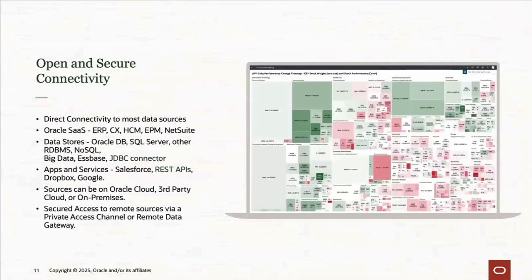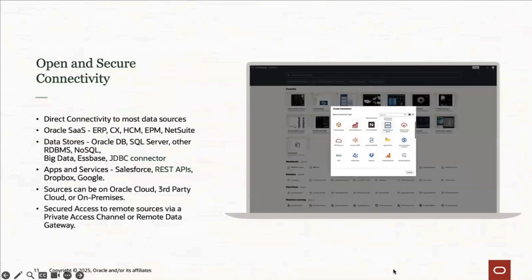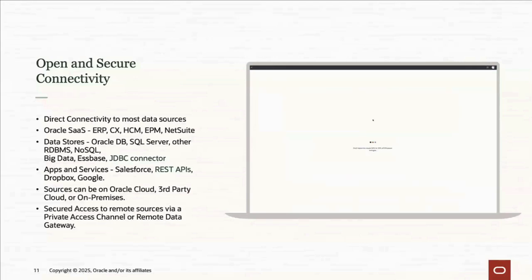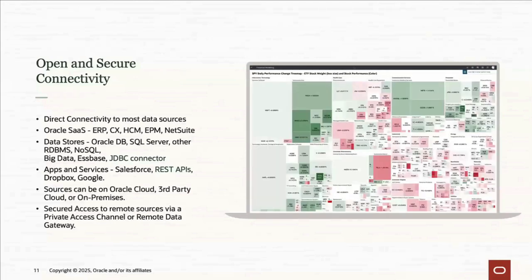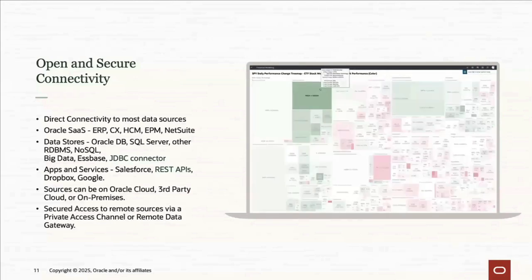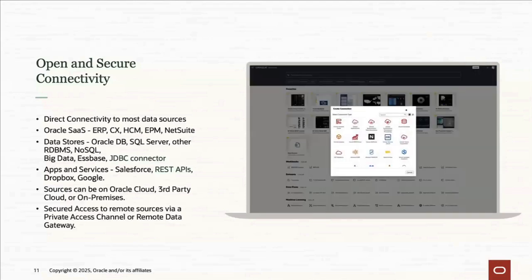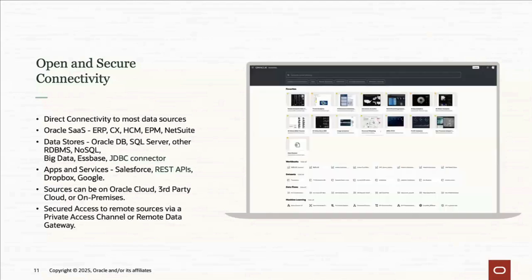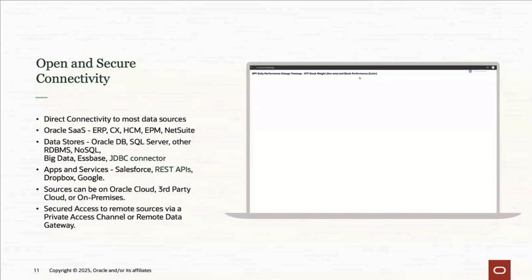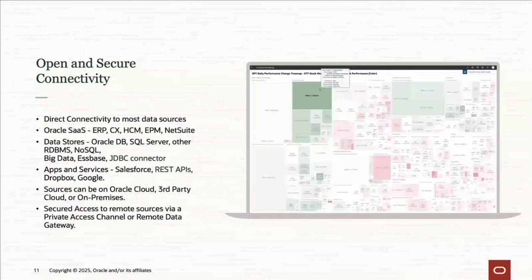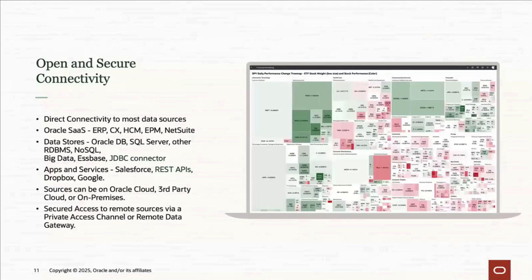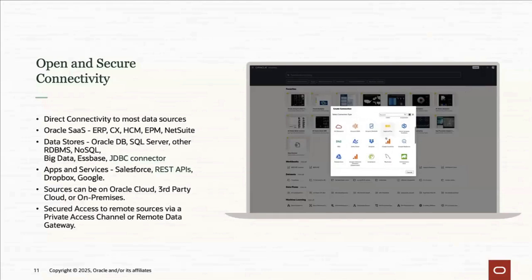We see here in the little video playing to the right that we're simply going to go in to the connectors, click a connector, choose our connection credentials, and create connectivity. It's an extremely quick, efficient process that is going to take you all but a couple of minutes. And for anything that isn't supported by a direct connector, we also have support for JDBC connectors, so you'll be able to build your own connections still to get to Oracle Analytics Cloud.